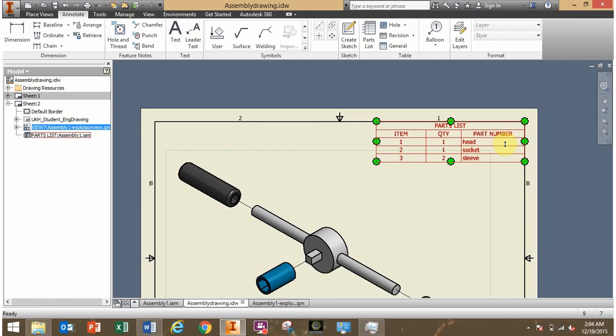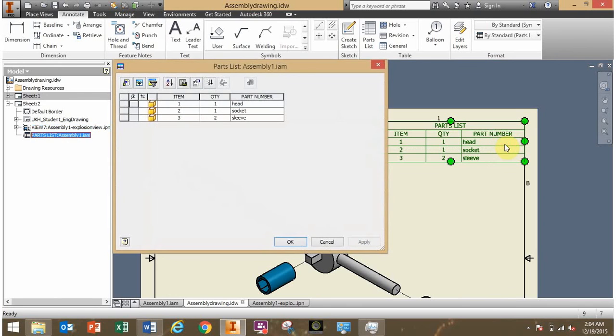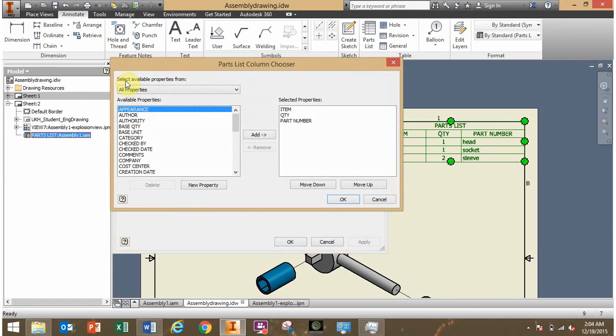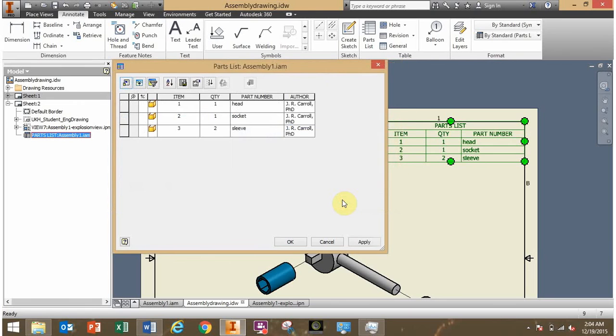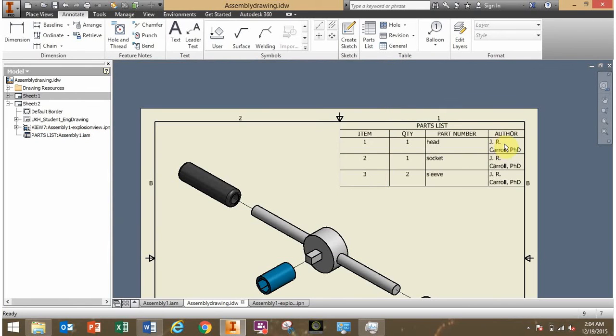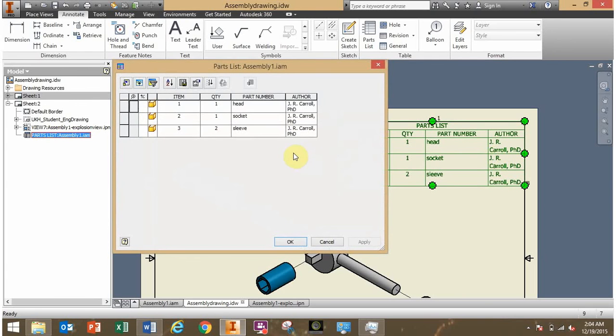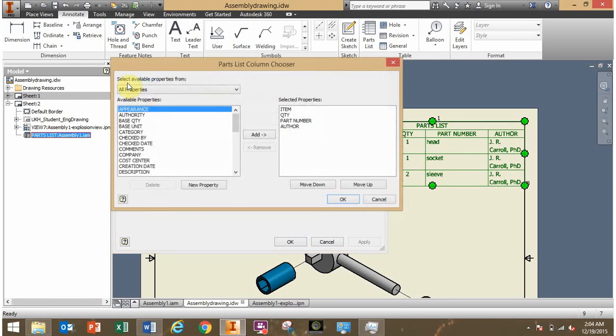Now again, this is different than your bill of materials. The bill of materials is a way to organize all the iProperties of the parts, where this only has selected iProperties. So again, I could double click on it. I could add several types of iProperties. I could add the author over here. Do that in, and now let's put the author for each part in here. Okay? So whatever columns are important for your drawing, whatever you think is important, if the author is important,